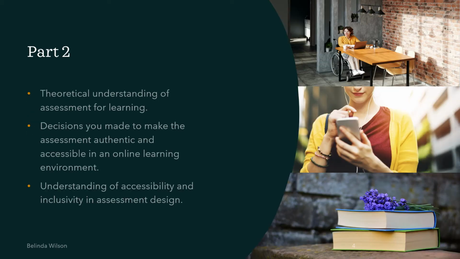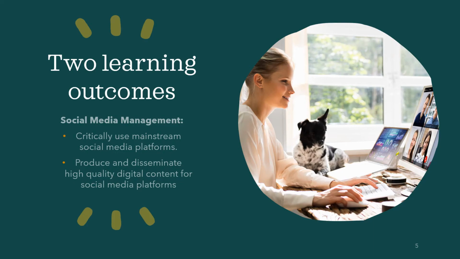Part 2. I designed the assessment to directly align with the 2 learning outcomes for social media management. These were number 4, critically use mainstream social media platforms. For this criteria, students are to critically analyse which 2 mainstream social media platforms would best serve their brand and target market and write an analysis of this. In the final part of their assessment, they are to discuss critically in their video the 2 platforms they used and the positives and negatives of each platform and which work best for their brand. For number 5,